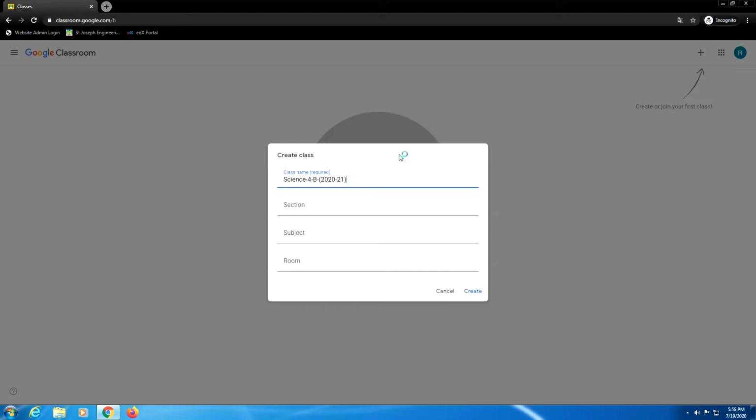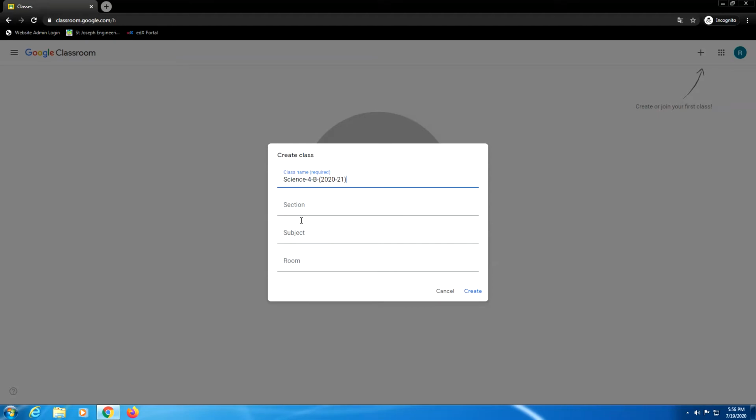In this way, it will be easy for the students also, because a student can identify, okay, this class is for the science subject and he is from 4B, so no problem, the remaining things he doesn't have to worry about. But for a teacher, this name is very useful. Why? Because as a teacher, I might take a science subject for different classes, maybe for 5th standard, 6th standard or 3rd standard. Also, if next year I am taking the same subject, I will not get confused, because I have mentioned the academic year. So that is one best practice we can use while creating a class name.